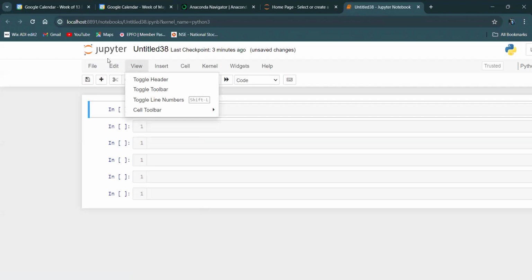Coming to view, this is called as toggle header. And this is called as toggle toolbar. If you want to hide it, you can tap here and you can hide it. No problem with that. Toggle header and toggle toolbar.